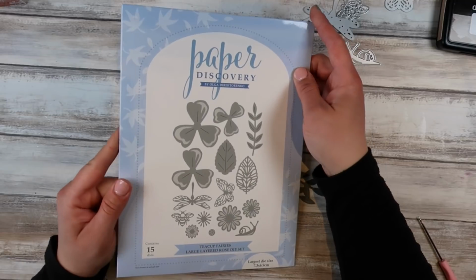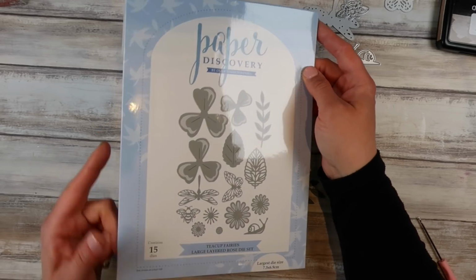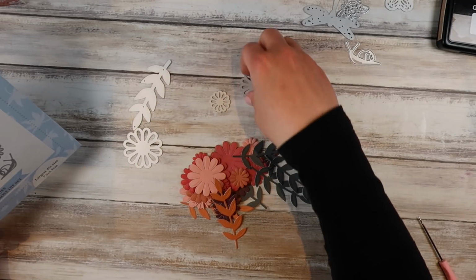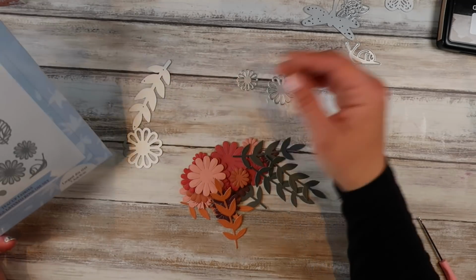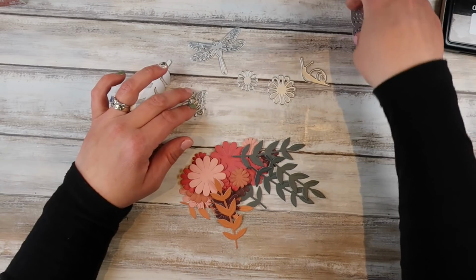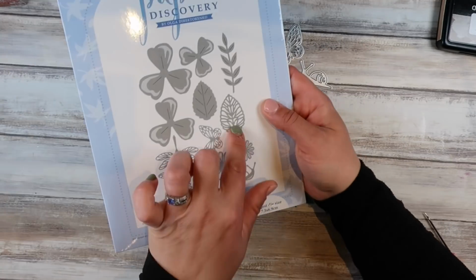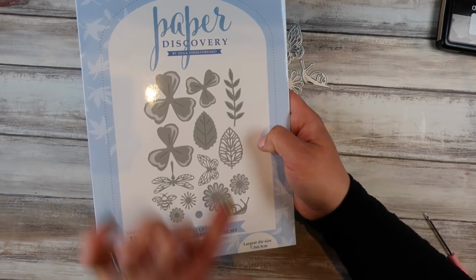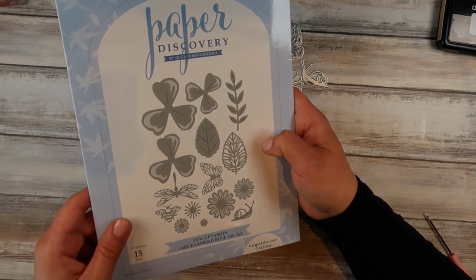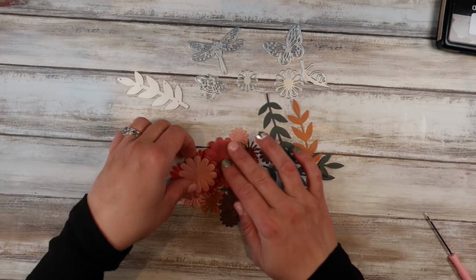Okay, so I went ahead and used this really cute little set from Paper Discovery, and it's called Teacups and Fairies, and it goes with a whole bunch of teacup fairy type stuff. But I love the dies that are in it because it's got a whole bunch of really basic die elements. So you've got a bee, a snail, a dragonfly, butterfly. They all cut beautifully, really sharp, really nice. It's also got an intricate leaf and a normal leaf which it can go on top of, and it looks really nice. I don't know where I put those ones, and a little middle bit which I'm also not sure where I put. But I went ahead and cut out some of the leaves and a bunch of the flowers